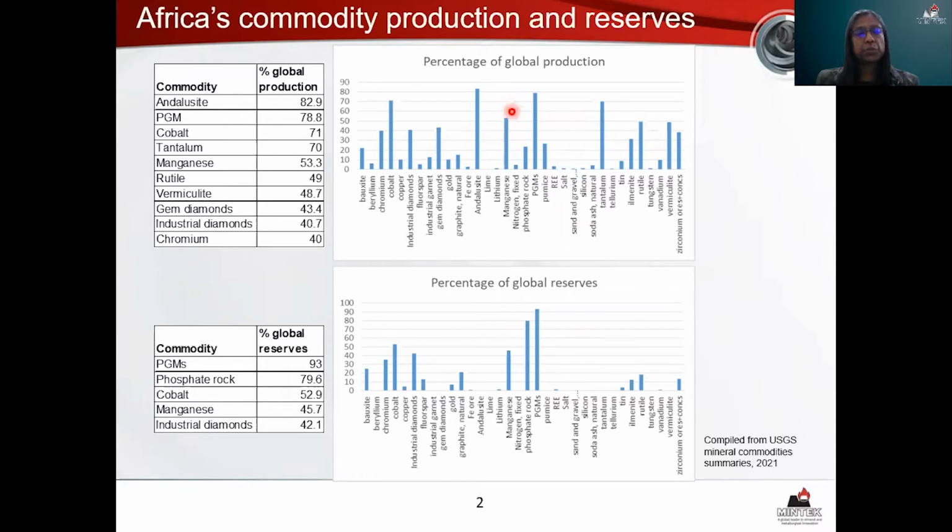For global production, we see that the top 10 commodities account for more than 40% of global production coming from African countries. And this can be as much as 83%. Andalusite, platinum group minerals, specifically platinum, then manganese, vermiculite, and chromium are predominantly produced by South Africa, whereas cobalt and tantalum come predominantly through production from the DRC. Sierra Leone produces the majority of rutile, whereas industrial diamonds and gem diamonds are predominantly produced by the DRC and